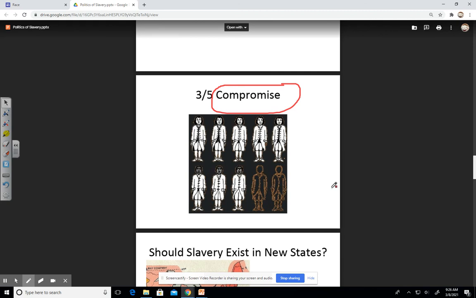They can't do that because they come up with the compromise where they say, for every 5 people your state has, we will only count 3, and that is going to allow us to count your slave population. So it looks like here, this is the 5 slave population. They're only going to count 3, so I guess these 2 don't count or matter.